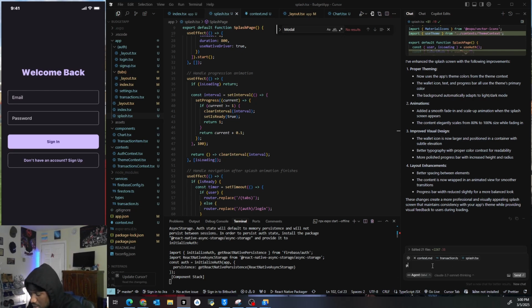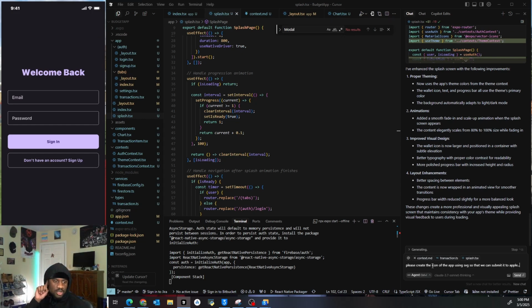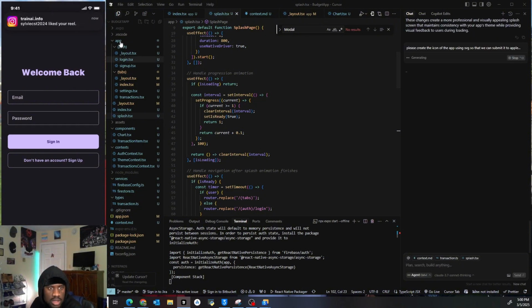icon of the app. So please create the icon of the app using SVG so that we can submit it to Apple. Because this is going to be our next journey now, to start making sure it's prepared to submit to Apple. We're going to generate the icon, because if we go to the